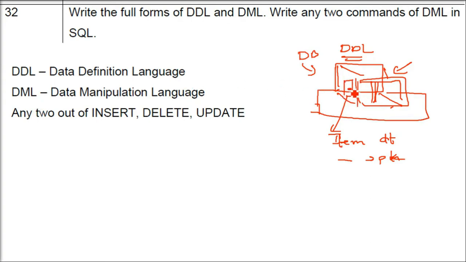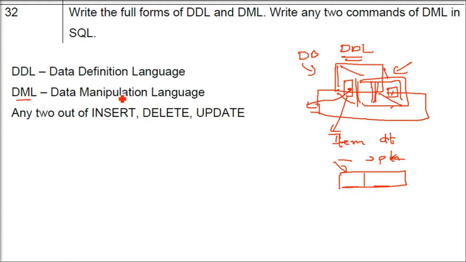Once this house has been created, the housewarming is done, then if your door is not working or you have to change the door, what will you do? You will not change your whole house. You want to change the door or make a window. Then in database terms, you will use DML, data manipulation language. For example, you have a record and you want to put a new record. A new person has come into your class. You will add a row.